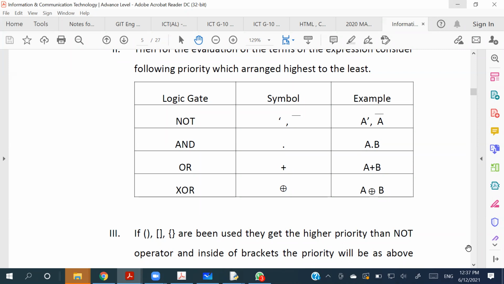Right, so later you will realize XOR can be written as a combination of multiplications and additions as well, right? And now, when you are creating a truth table, in short form we call it TT, right,